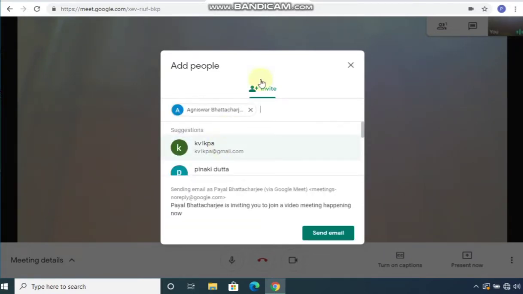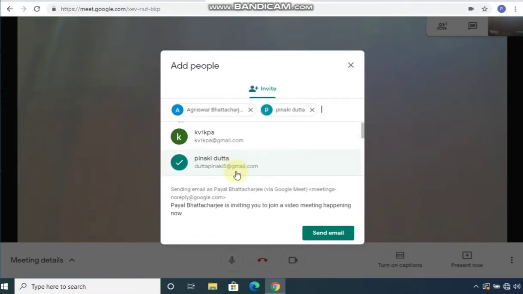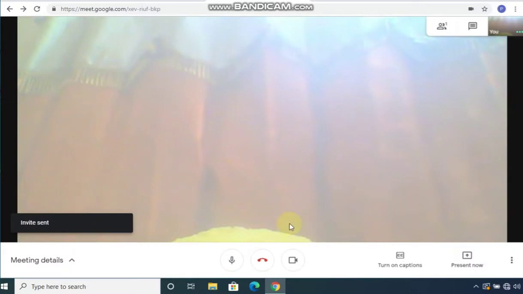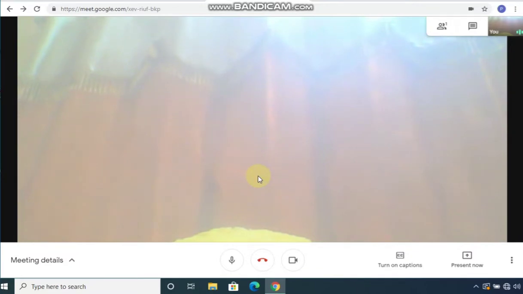If you want to add some more students, you can click here likewise. So let me add Agnishwar and then click on send email. As soon as you click on send email, this student Agnishwar will get an email in his inbox. He will have to accept that and then he can join this meeting. So now you are ready for the meet.